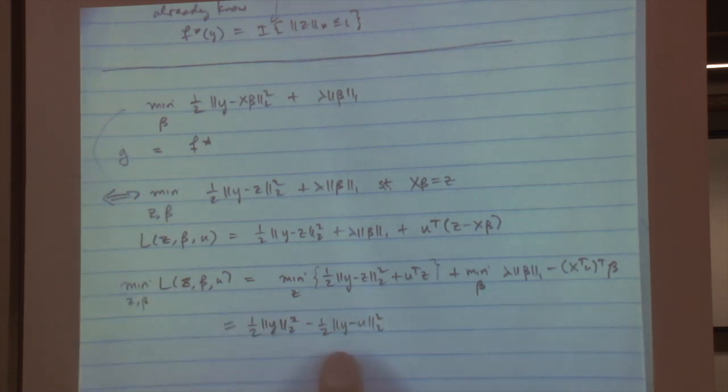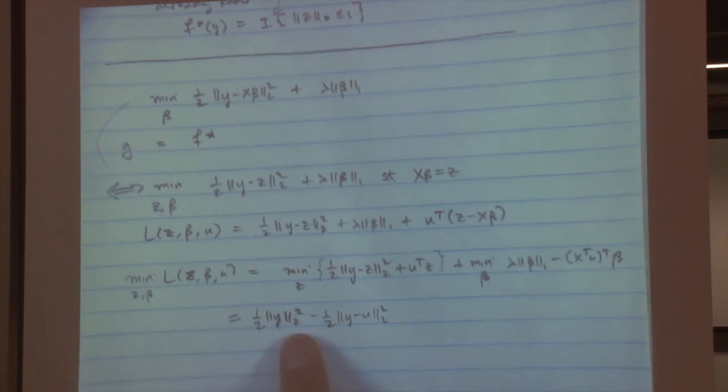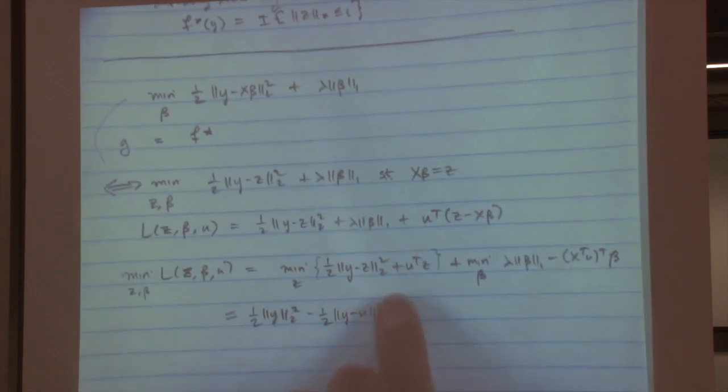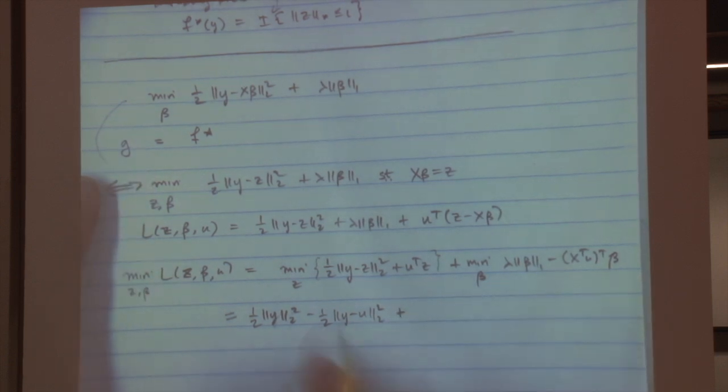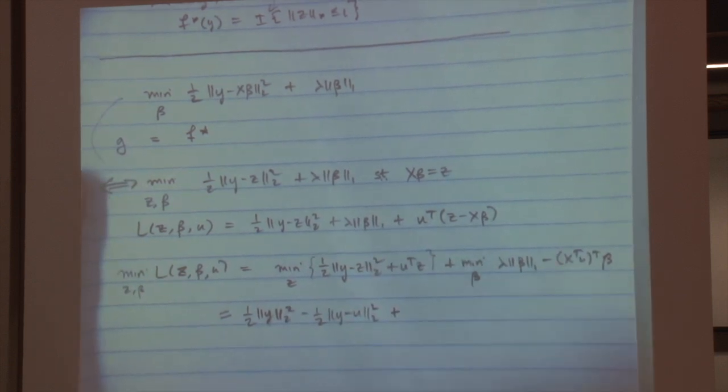So do that calculation in a few more steps if you're not sure about it. This is the minimizer of this over all z. And let's look at the second one. This one we just did directly. The second one might be tricky